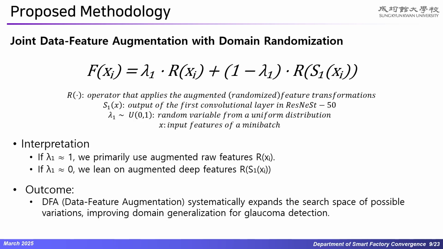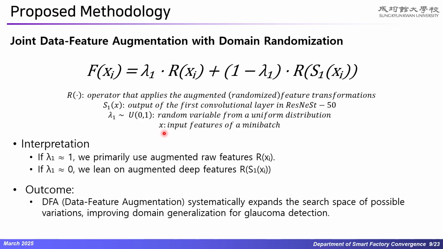And the augmenter for data level can be like cropping or flipping, this one here. And at feature level it can be in terms of channel statistics like mean or variance, which is this one here. S1 is the output of the first convolutional layer from the backbone that this paper uses, ResNest 50. So it's the shallow feature after the first convolutional layer, this S1. And lambda is a random variable from a uniform distribution, from 0 to 1. So then X, we can just think of it as the raw input data, basically the fundus